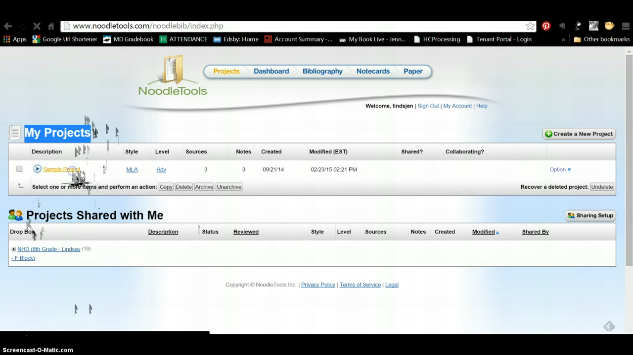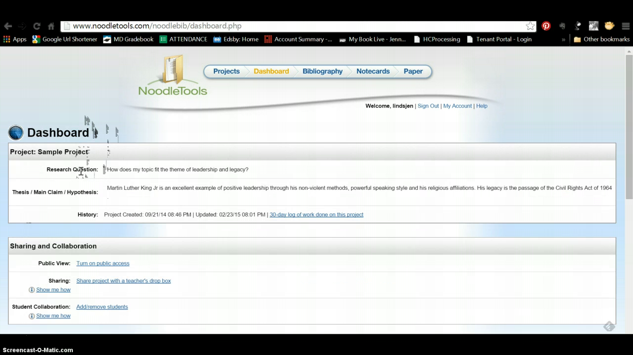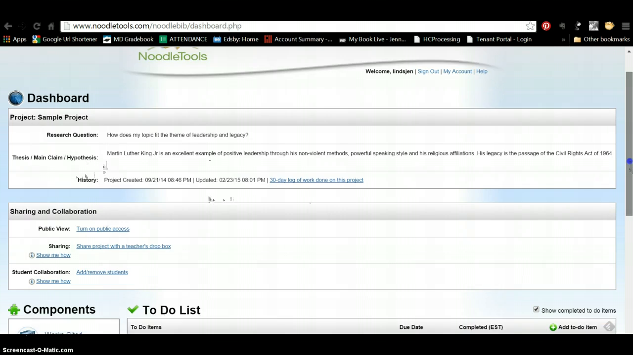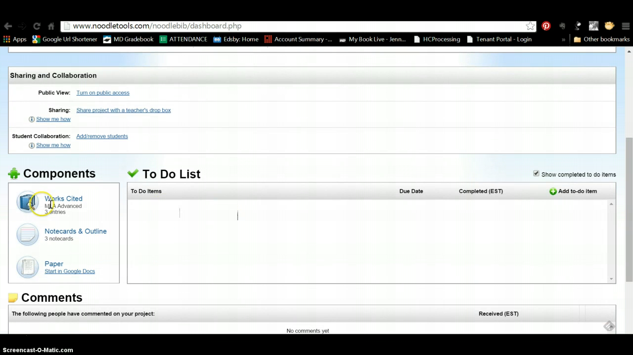So when I click on it, it takes me to my dashboard for the project. And you'll see that I have my thesis statement listed up here. But when I scroll down, I have on the left-hand side my works cited page, my note cards, and you can also have your paper on Google Docs, which we're not going to do today. So click on the works cited,